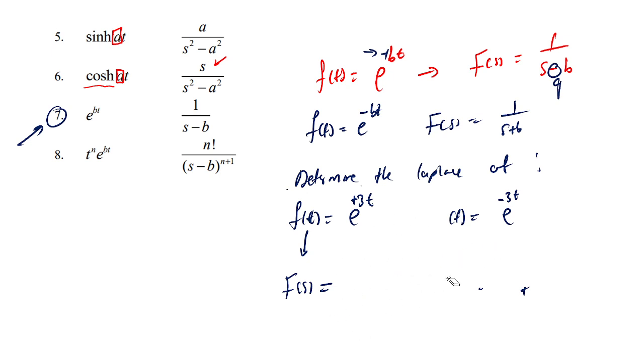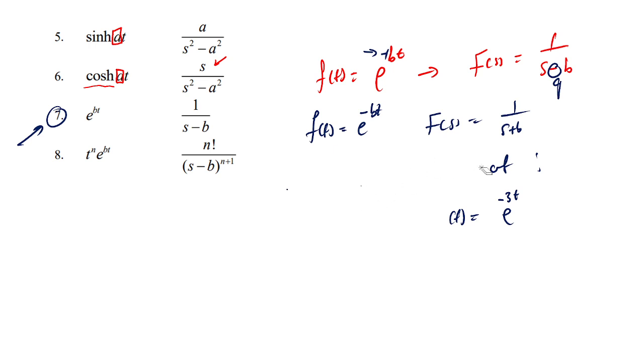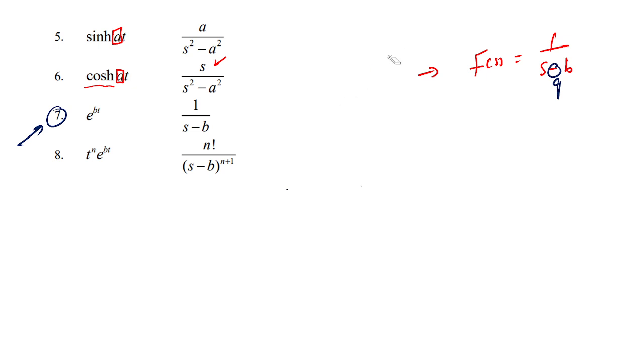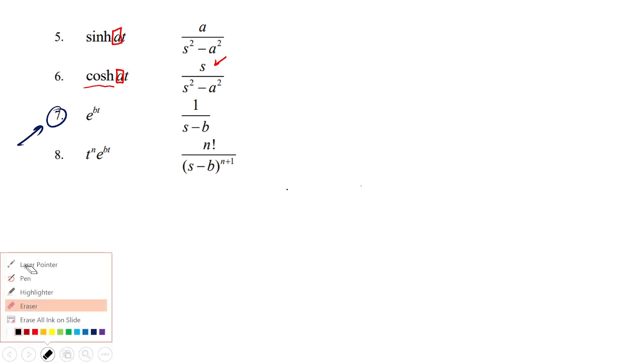Simple like that. So this is how you solve using rule number 7. Well, let's try to do another rule number 7 example, using, let's say, a constant in front of the exponential function. So let's say we have